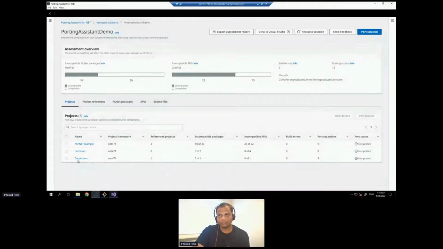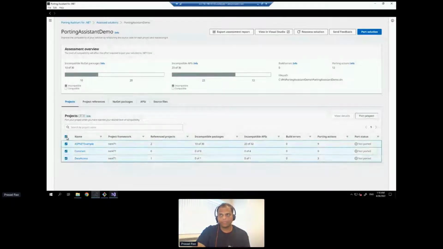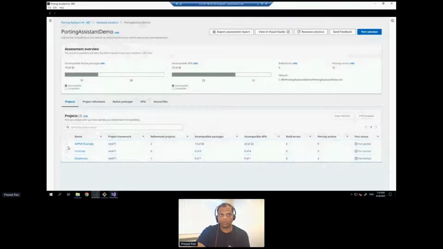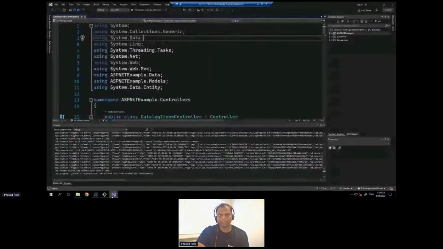In data access, we have 3 porting actions, and the maximum porting actions we have is in the ASP.NET example project, right? And we can always port it from here itself. You can select all and port the project from here, or you can just select one of them. If you want to do it one by one, you can always port the project from here. But what I'm going to do now is switch to Visual Studio,